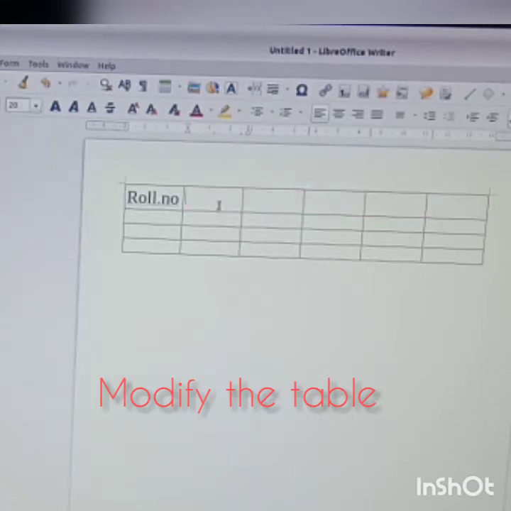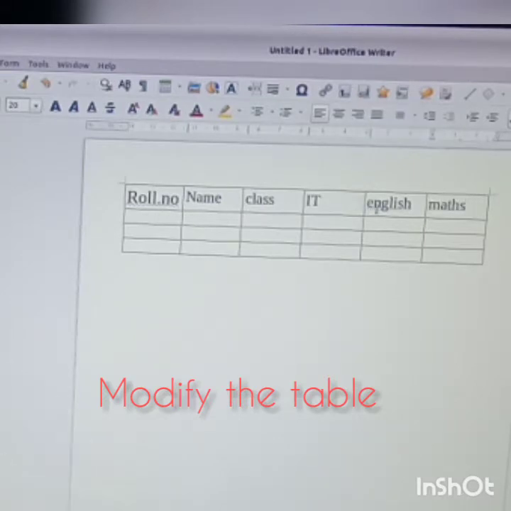Then here write name. Next, after name we will write class, C-L-A-S-S. Then you need IT mark, and English mark here. After English we will write maths mark also here.